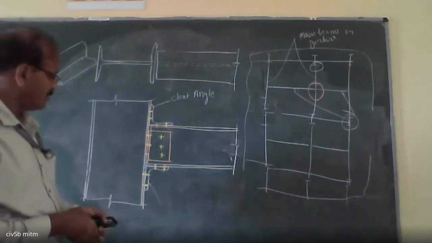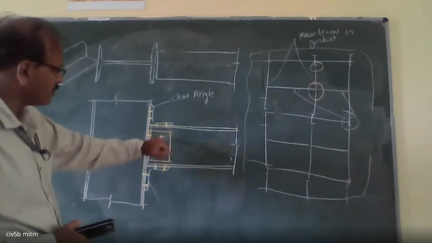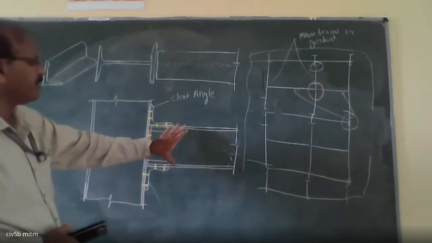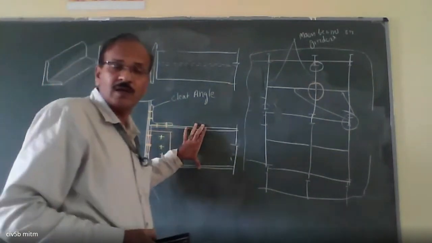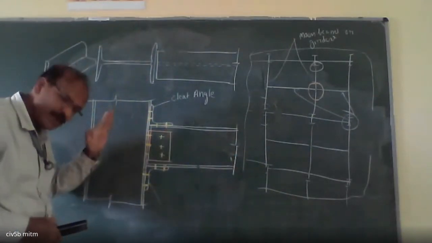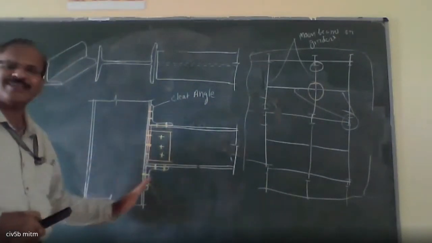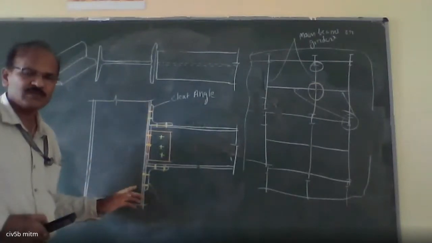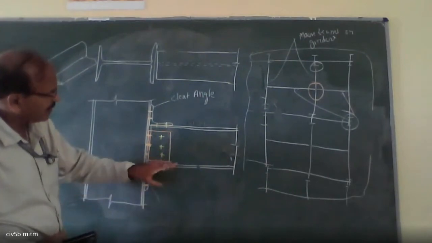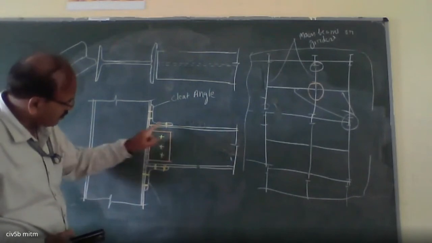Again, I repeat. Again, these are the angles, these are the bolts. So this is the beam coming, and this beam is trying to transfer the load coming on it to this column, then finally to the foundation. So when it has to transfer, there should be a connection. It is not like in RCC. So how do we do that? Again, we are going to place this on a platform. Then we are going to provide angles,